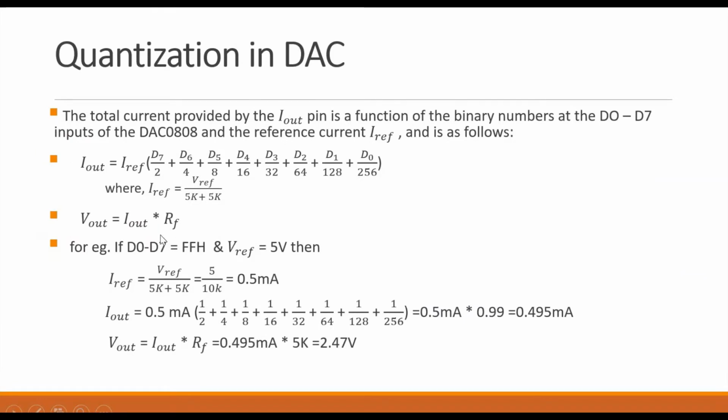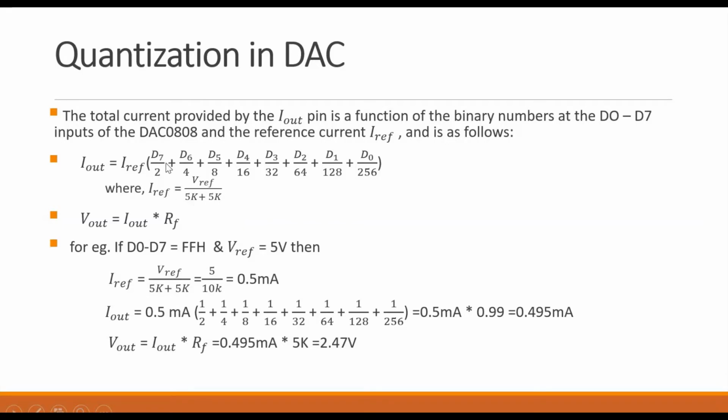Now, similar to ADC, here also some quantization has to be done. And how is that done? The I reference value can be calculated by knowing this V reference and the resistors connected in the circuit. As per the diagram shown in the previous slide, the resistors connected are of 5 kilo ohm, so I have kept it as 5 kilo ohm plus 5 kilo ohm. If you know V reference, you can calculate I reference.